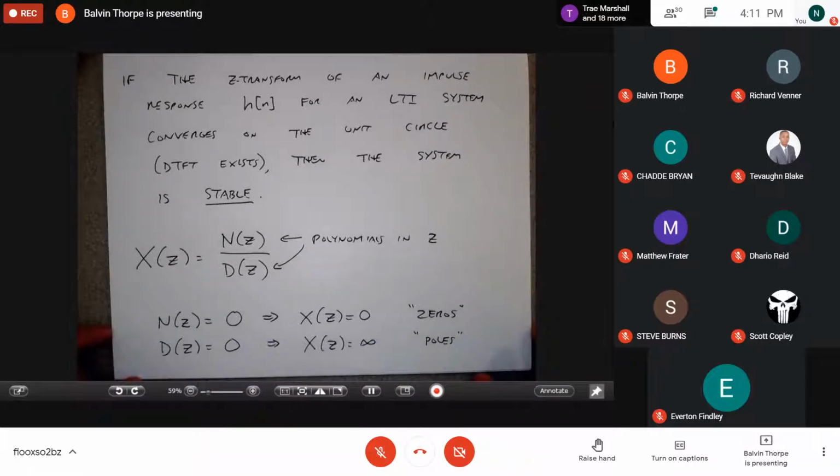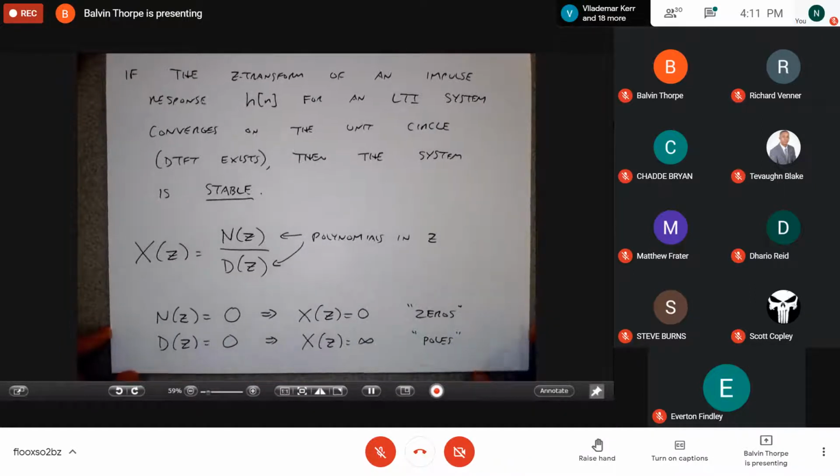And so there are important connections between the zeros and the poles of the polynomials and the ROC of the Z transform. So we're going to talk about that in a moment here. But as you'll see, especially when we come to filter design, a lot of filter design is all about understanding where the zeros and the poles of the transfer function are in order to make the filter do what I want it to do.